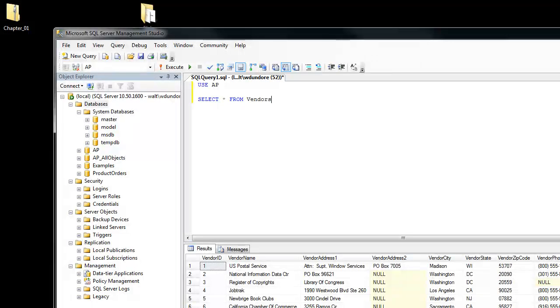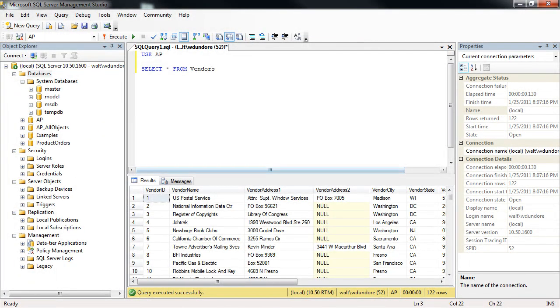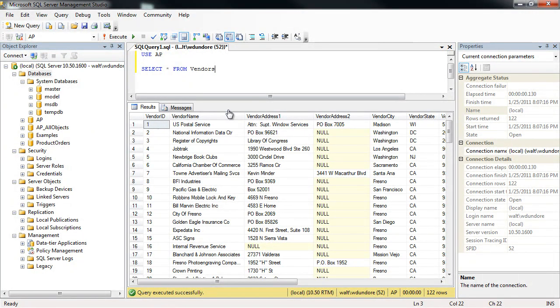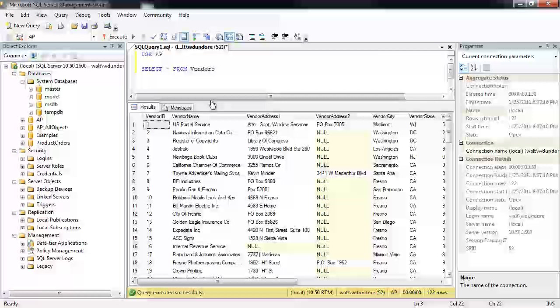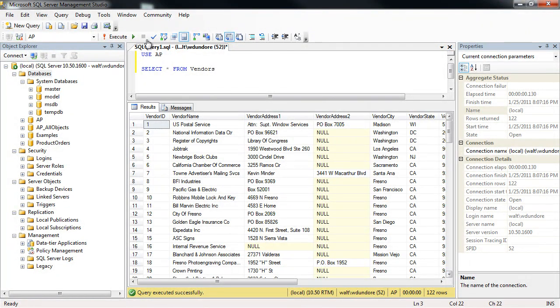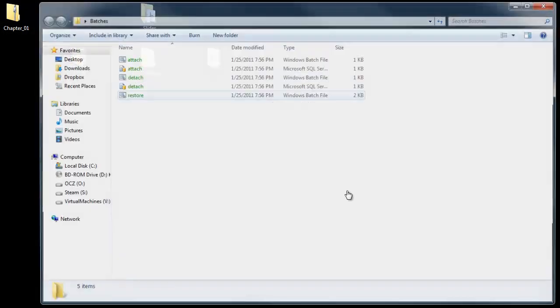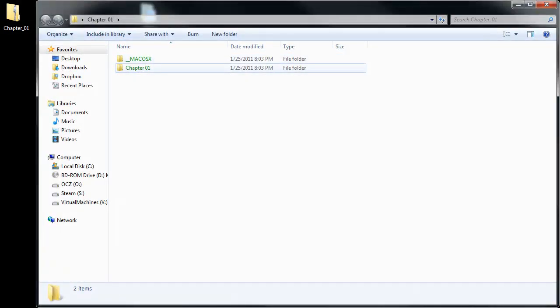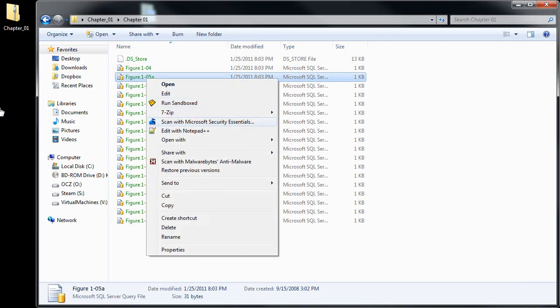And you see when you're properly attached, this is the type of message that you're getting at the bottom of the screen here. Select all from vendors, and then you get this pretty printout here. So make sure that you are actually able to do this so that we can practice those in Chapter 1. And then I want you to go through each of those, not the batches, the scripts under the Chapter 1 here. I want you to go through each one of these